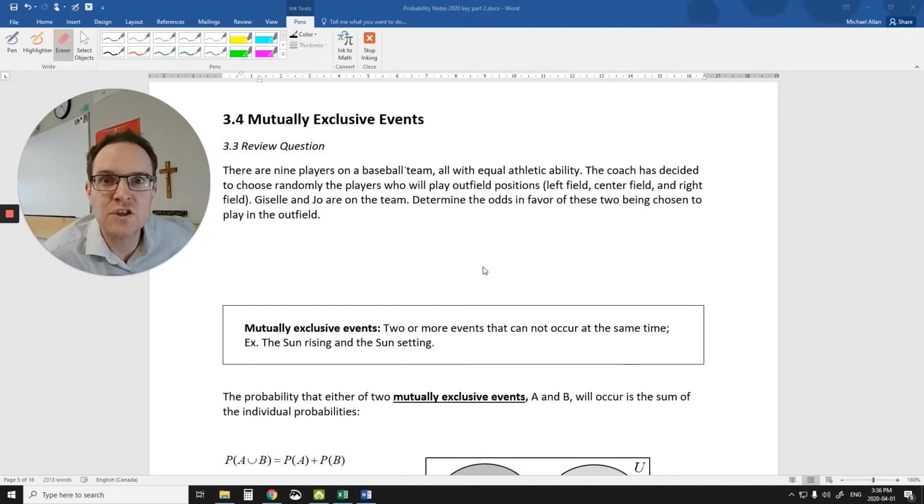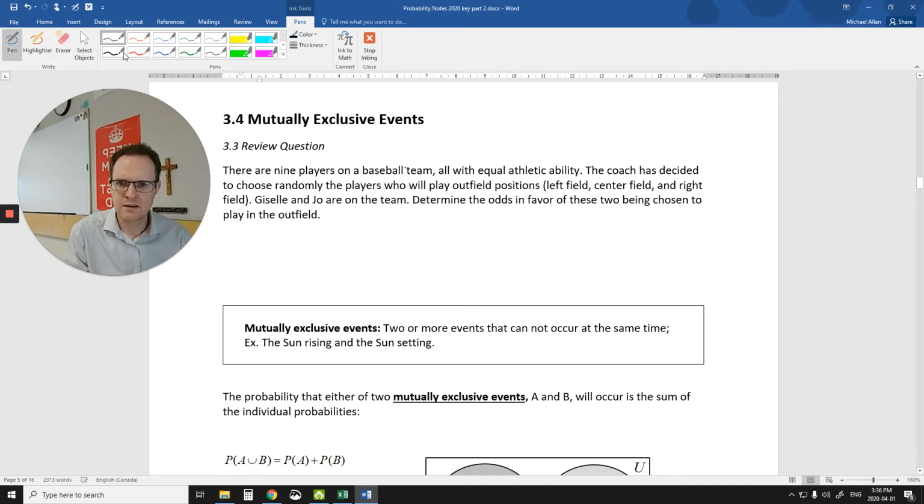Hey, Math 3-2. So we're going to continue on with our fourth lesson here, discovering mutual events or probability of mutual events. We're still in probability. But before we do that, let's do a little review question from the previous lesson and